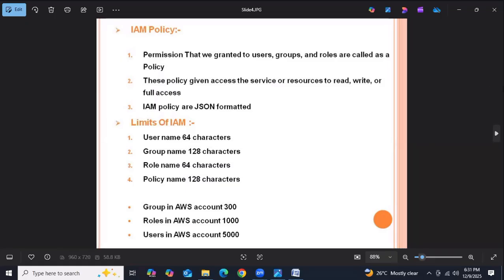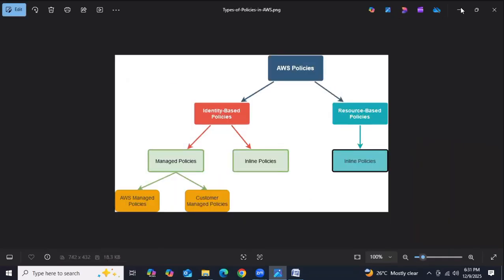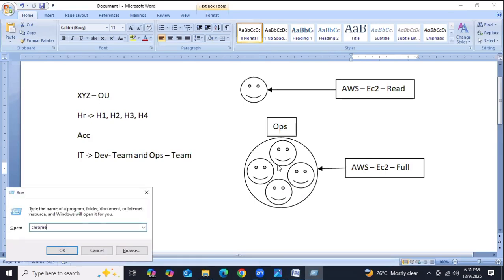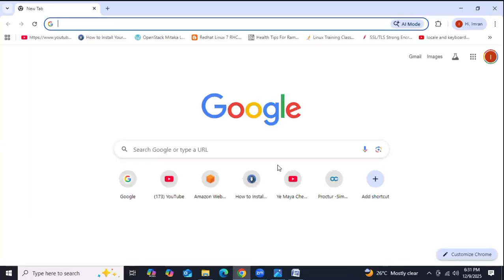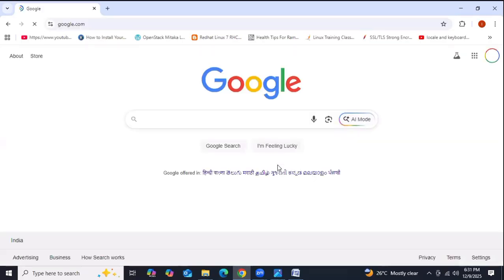So coming to permissions, usually we had 6 types of permissions before. Nowadays we have 7. Let's see here in our official content. But I'm not going to teach you all those 7 permission types. Here we are going to discuss identity-based policies. Most people only teach identity-based policies. No need to bother, that is enough.